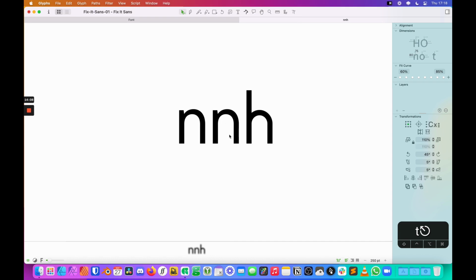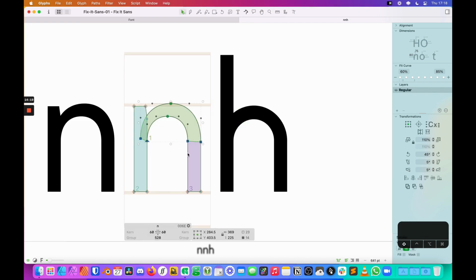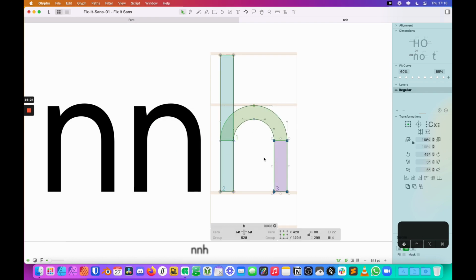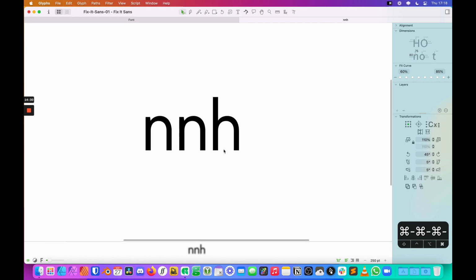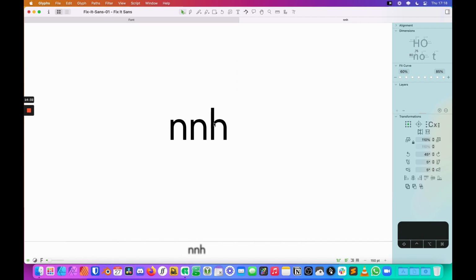And honestly, there really wasn't a whole lot to it. It's just knowing how these little optical tricks and optical illusions might affect things. So if we're happy with that, which I am, I'm just going to copy this over to the H here, and we'll see how things look. So again, just popping that over to the H, and it looks like we have a much more even mass distribution as we go through that H, and it looks a little bit better off.